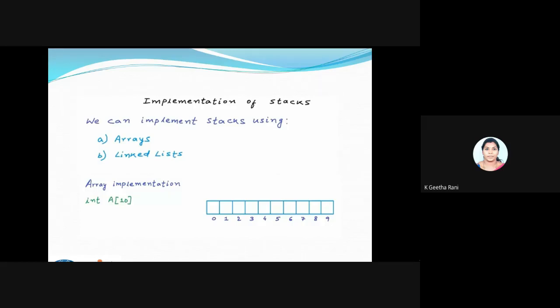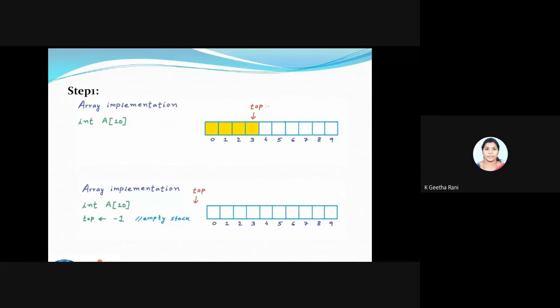Now I'm going to show you how we are going to use this as a stack. My step one is, you can see I have made a yellow color in the array. So I'll make this a stack, and I'll be putting the values one by one. I'll have top as an index variable, so it keeps on changing. I'm taking a full array, and till the values, I'll be considering that as a stack.